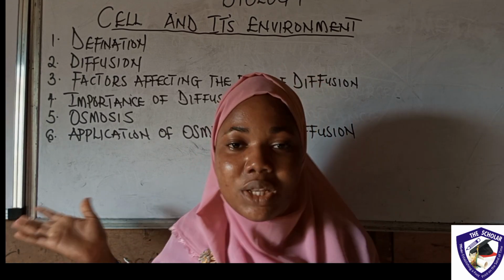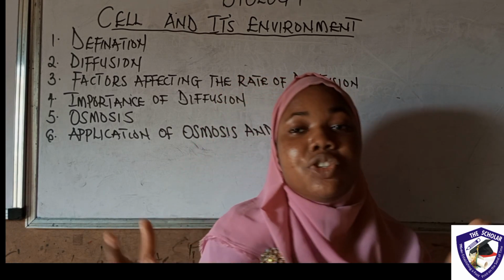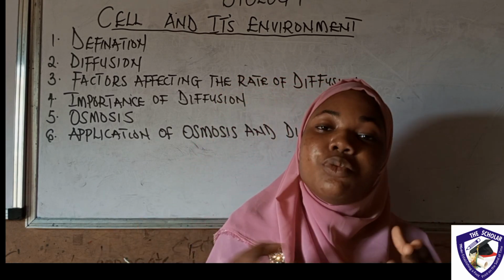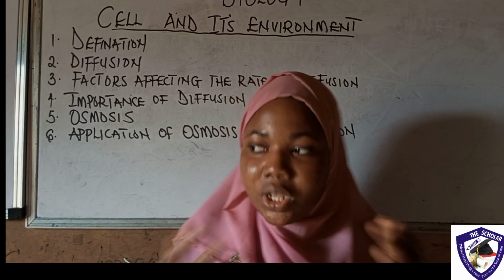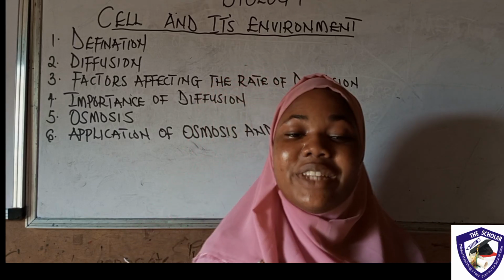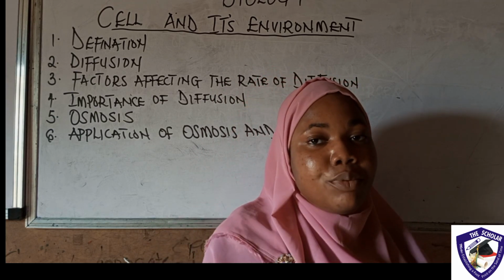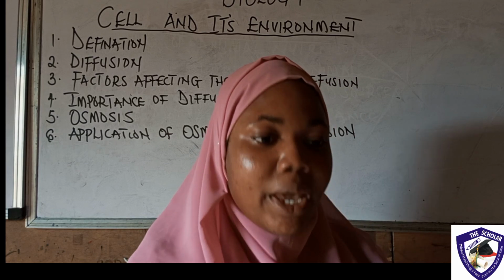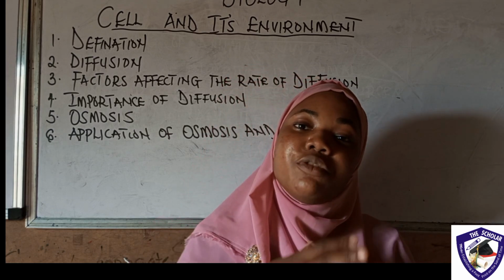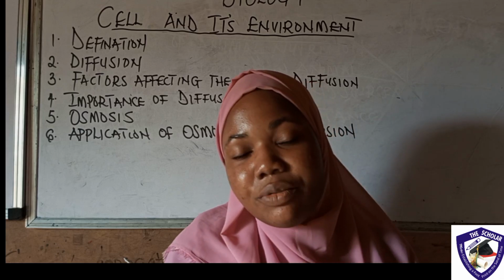And what is now the importance of this diffusion to living organisms? The first one, it helps in gaseous exchange in the lungs during external respiration. It occurs through diffusion. And that one is also the movement of digested food from the intestine into the blood during the circulatory system. Another one is it helps in the movement of carbon dioxide and oxygen during photosynthesis and respiration